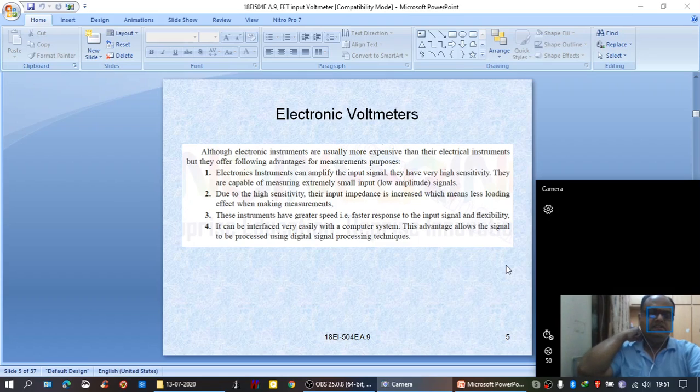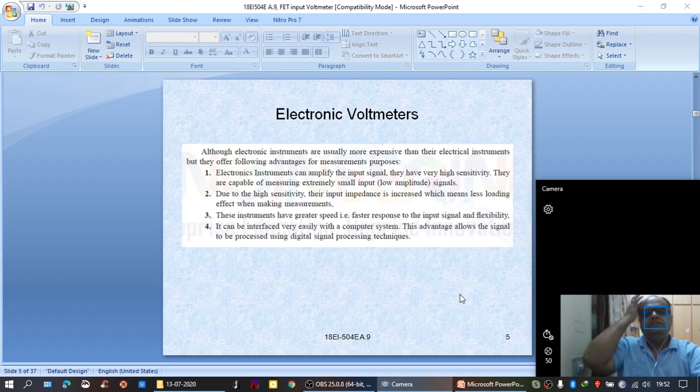When the temperature is decreased, low voltage is measured by the electronic voltmeter. That low voltage will make the computer system activate the control elements of the industry to respond in such a way that the fuel to the boiler is increased so that the temperature can be increased. So that is the main advantage of interfacing.